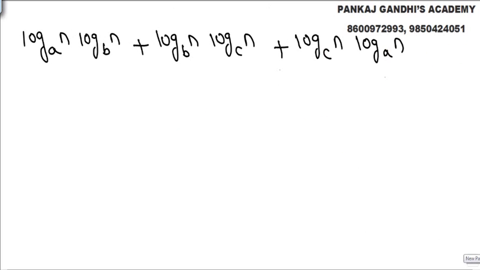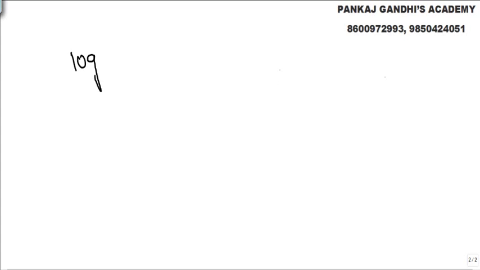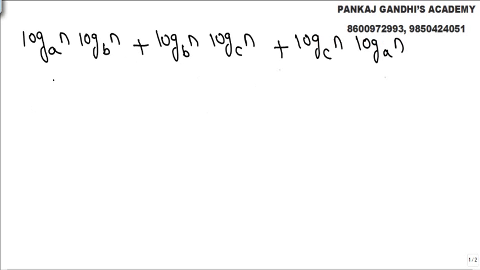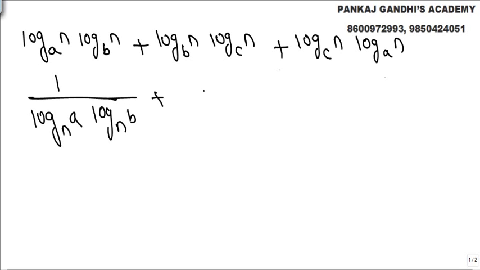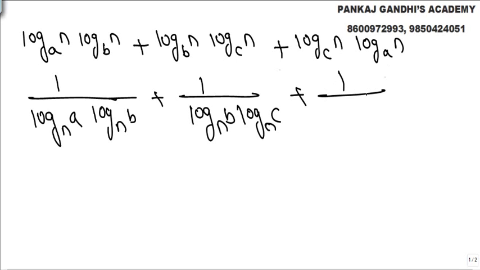Look, we all know the base change very well. So many times we have discussed it, but log is new for some of you. That's why again and again we discuss. This thing is nothing but base change. So now how we use it here, let's quickly check. Look, let's bring everything to the same base. So what we get? 1 upon log n to the base, this thing I am making log base n. Now 1 upon log to the base n of b, log to the base n of c, and this is nothing but log to the base n of c into log to the base n of e.